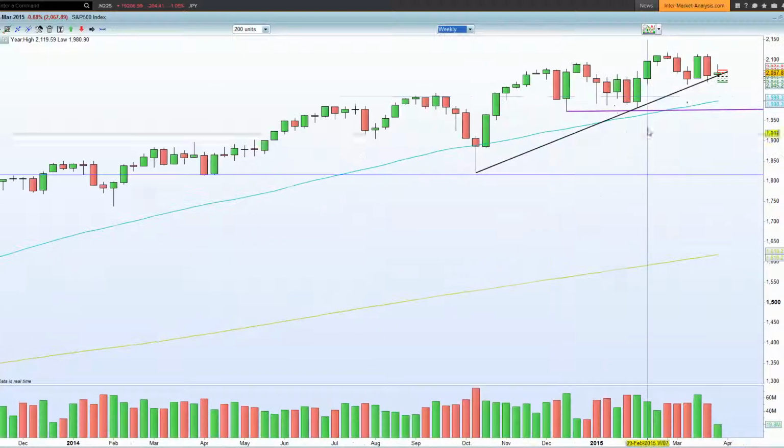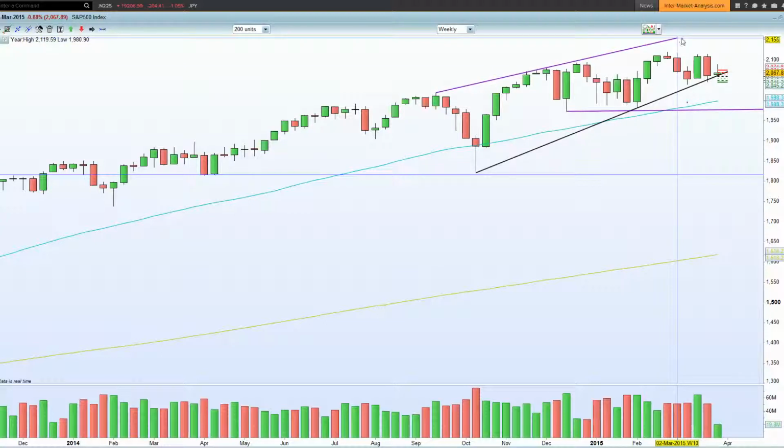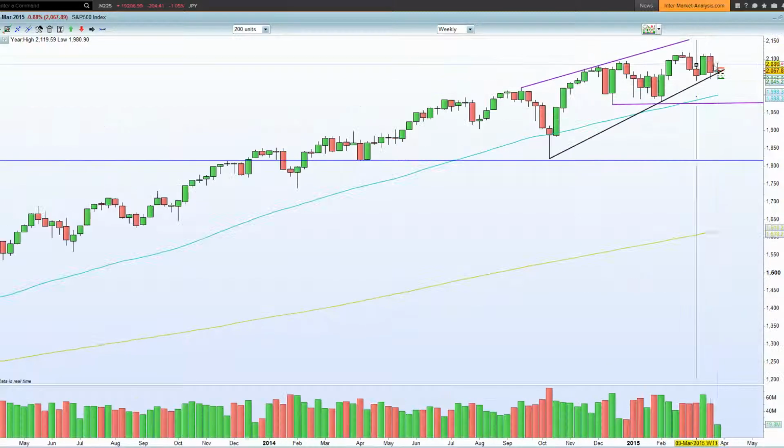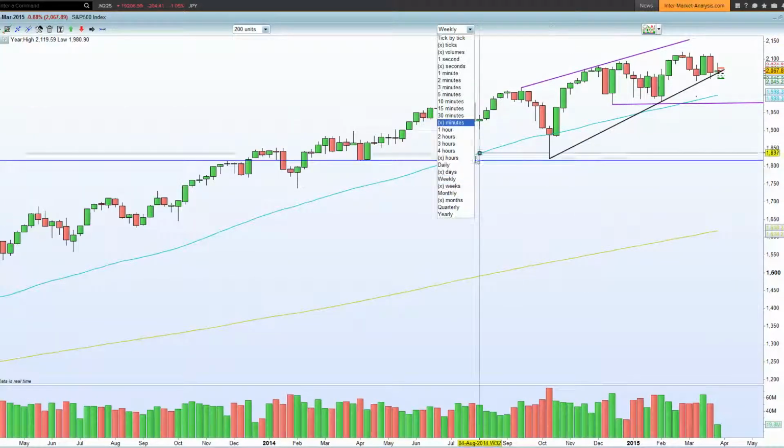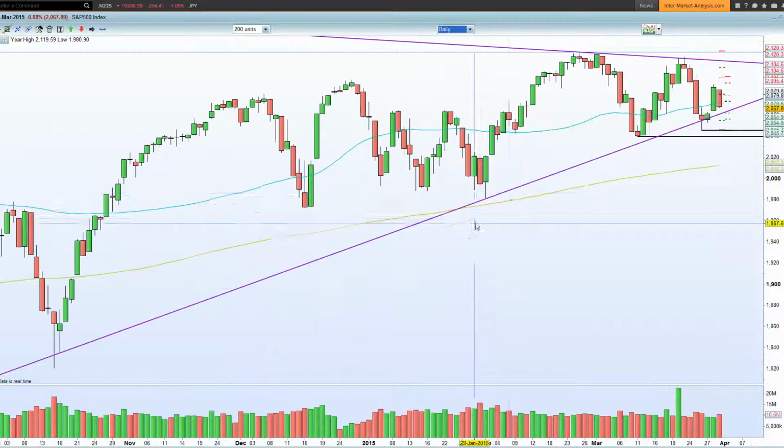The weekly chart, obviously we have this inside bar, we have this key trend line that is on the verge of potentially either holding or breaking, and it's a do or die situation with regards to the index itself. So again, it's going to be very interesting and very important as to what happens with regards to the S&P, but it is an inside bar as of yet, so we are at a critical juncture and a crucial point.